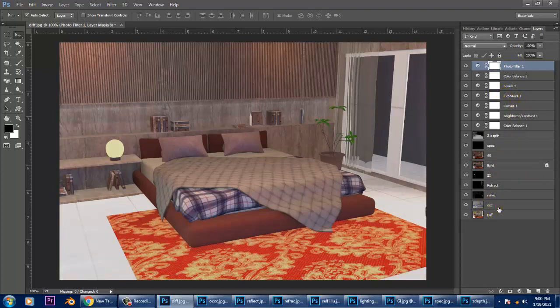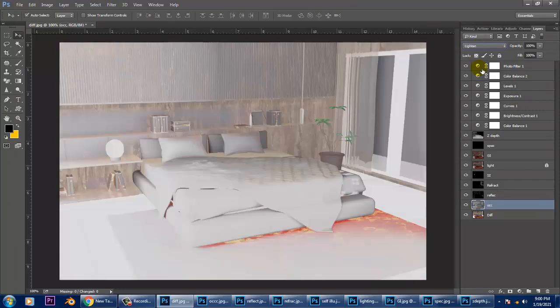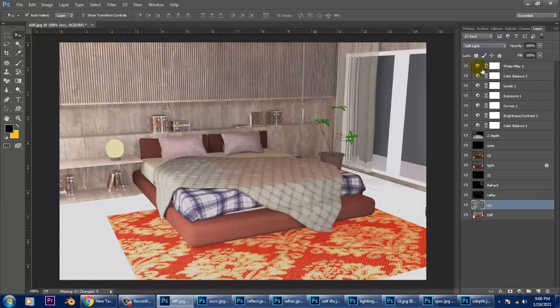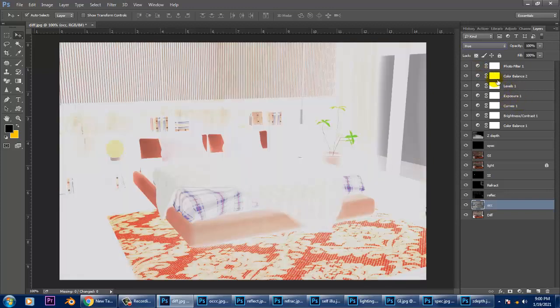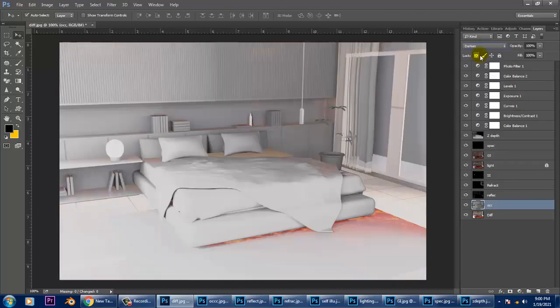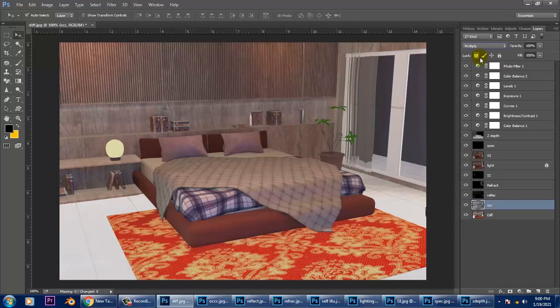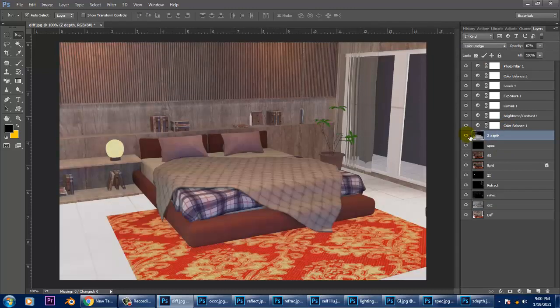So guys, if you want to change this occlusion, you can check it out if you require to make some changes. Multiply looks much better. Your Z depth, your GI, your light pass.